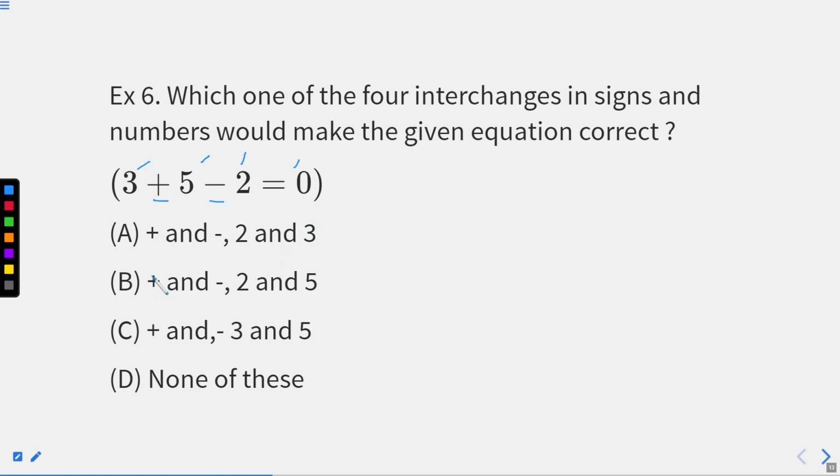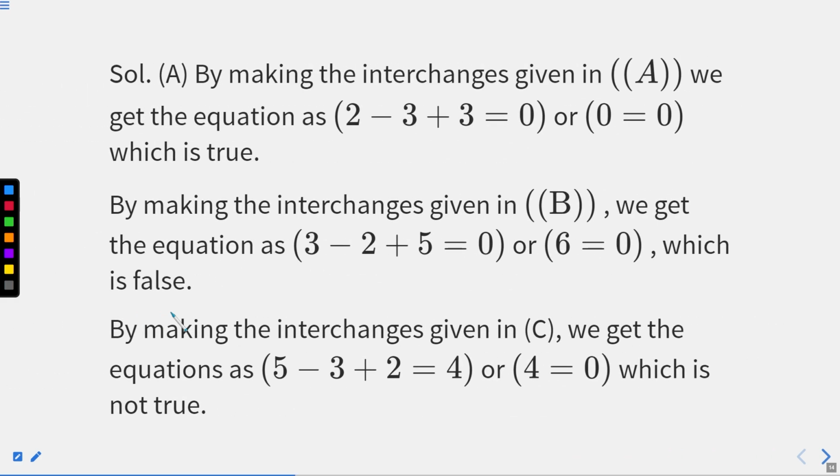Again, in the second part, if we interchange plus and minus and replace the value of 2 with 5 and 5 with 2, either we'll get our answer or not. In the same manner with option C. So for that, you are supposed to implement each and every operation in the expression, right? So on implementing, for the first part, by making the interchange in option A,